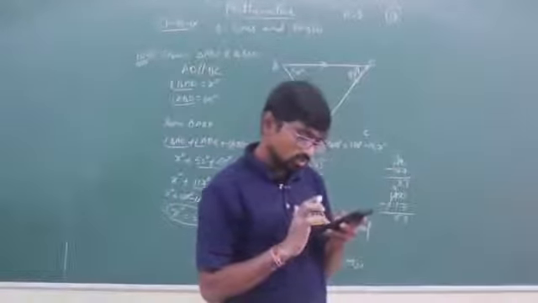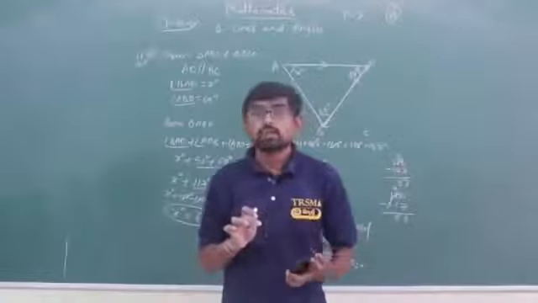X value, how much did we get? 63 degrees, and the y value we have got as 11. So on behalf of writing this one, I did it for the 11th question, not the 10th question. I just forgot to write that. Okay, so this is how we will find the values of x and y based upon transversals and parallel lines.